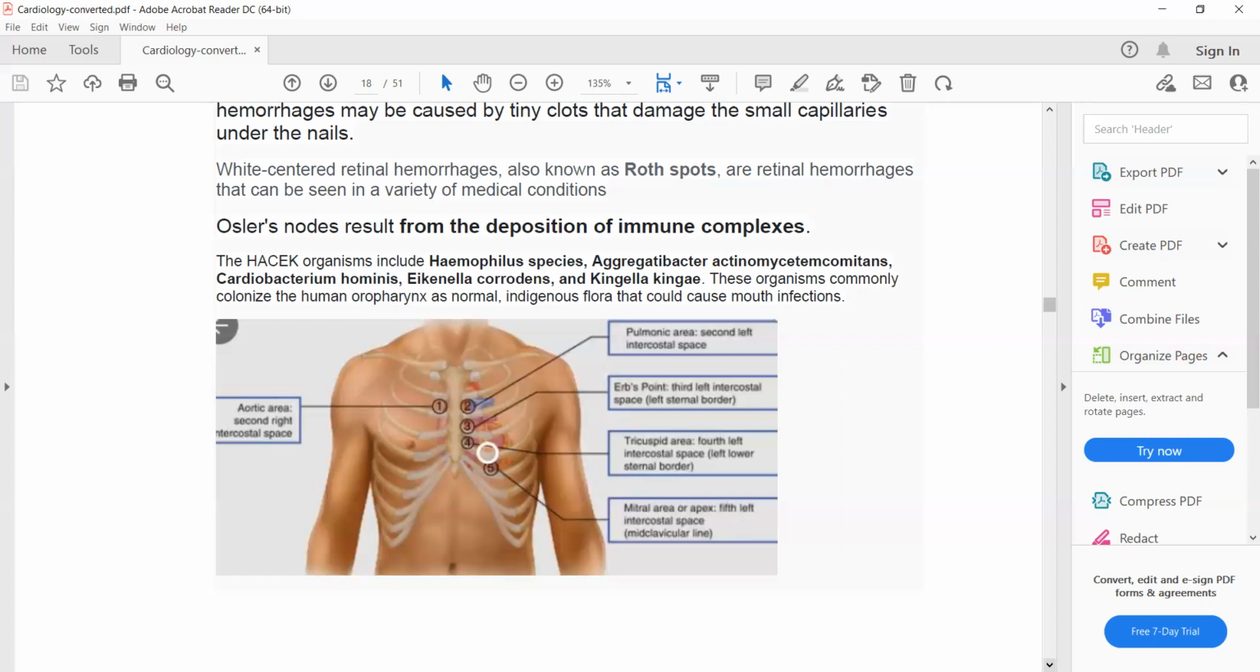So our next topic is heart murmurs. Before we discuss different types of heart murmurs,